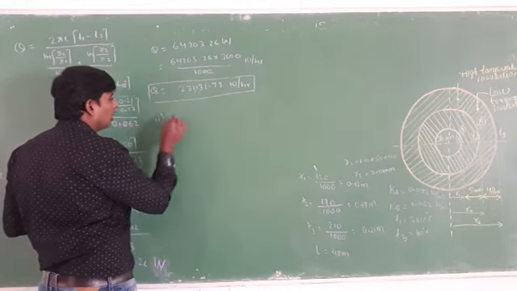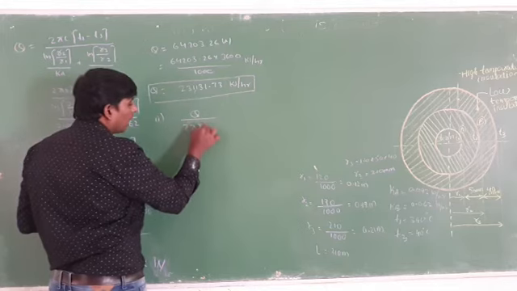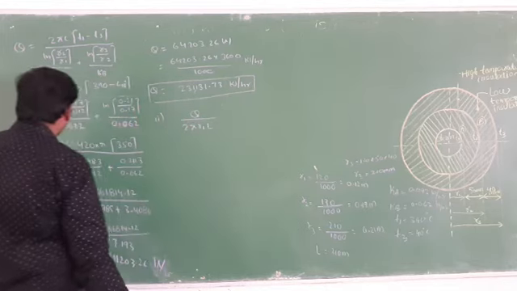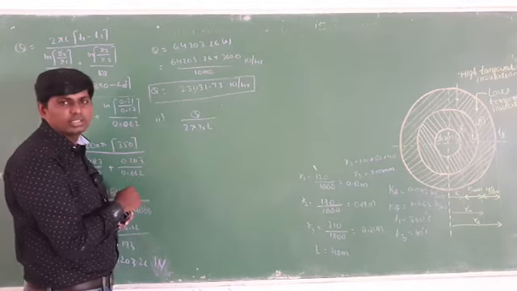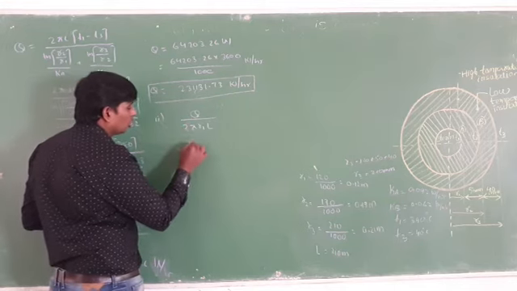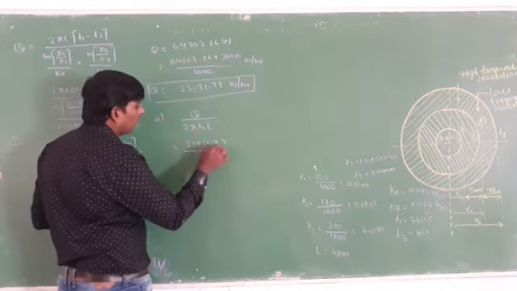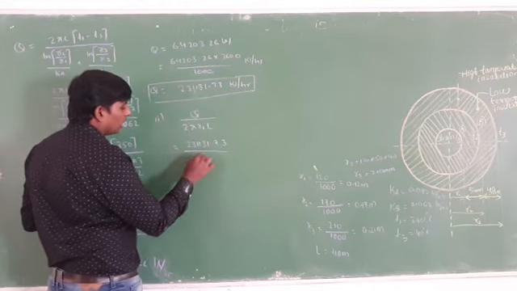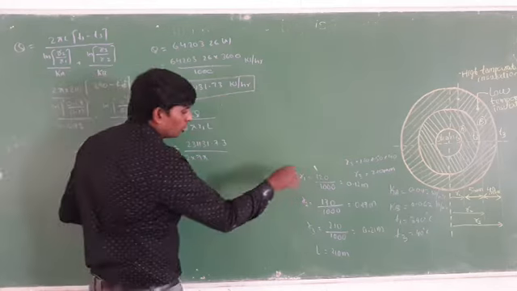For the second bit, the formula will be like this: Q by 2 pi R1 by L. What is the formula? Q by 2 pi R1 by L. For the second bit, this is the formula. So here you already know the value of Q. Q value is equal to 231131.73 by 2, write down as it is, pi, write down as it is, R1 value, radius 1 here 0.12,